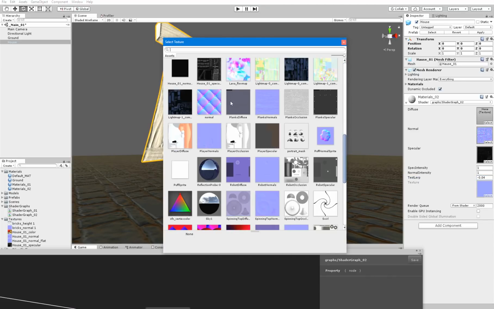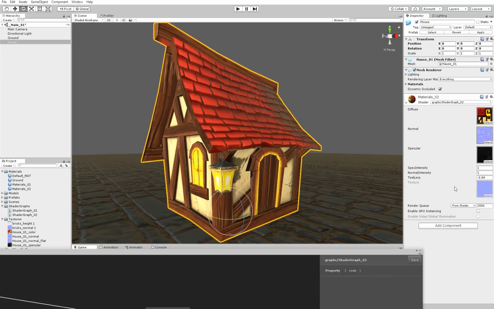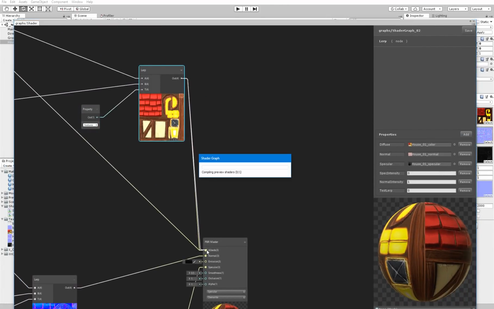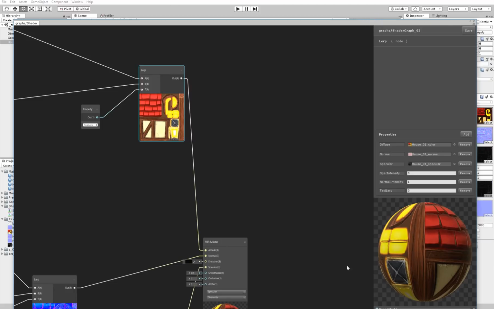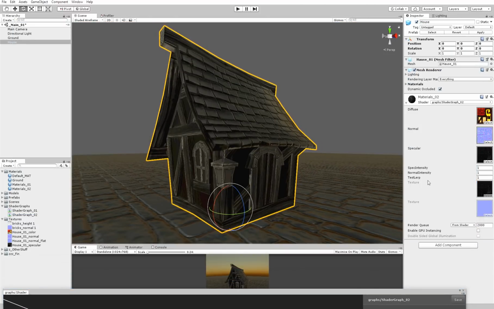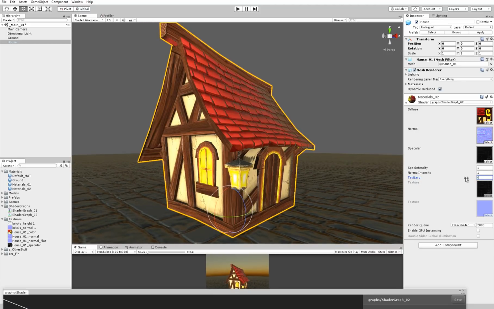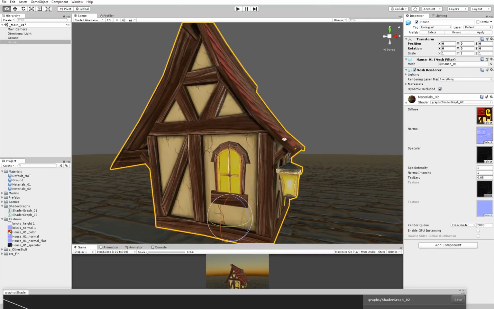First of all, I have to apply the texture. Okay, that doesn't work because I haven't applied it. Well, okay. Now this one, of course, I have to go to the albedo. And now I can lerp between the textures. Now you can use this, of course, as a property,